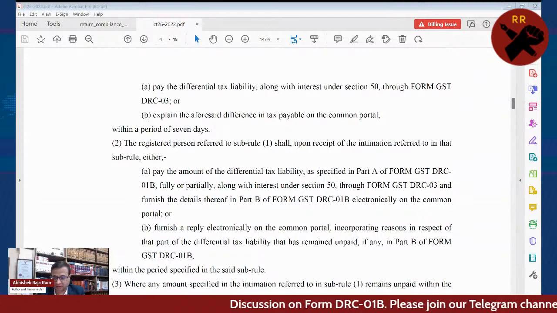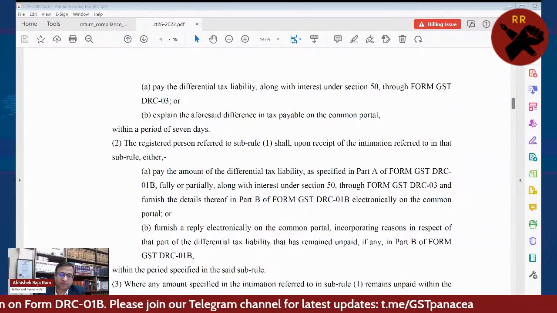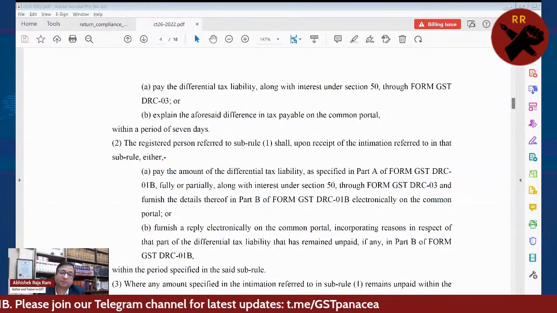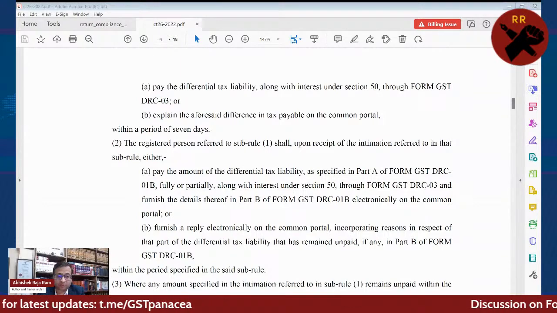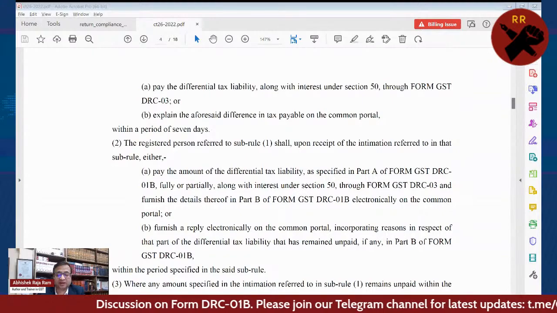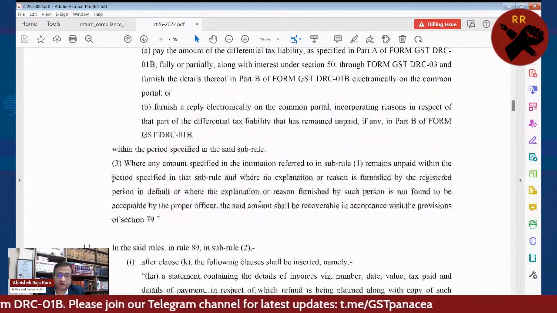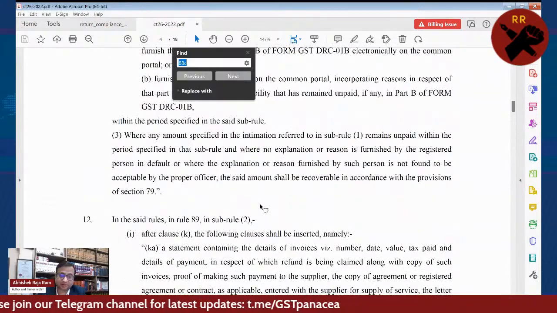Form यहाँ पर मैं भी दिखा रहा हूँ आपको. Your notice will come into Part A of DRC-01B. Reply will be given in Part B of DRC-01B. If you don't comply, or if your explanation is not satisfactory, now department will take action in section 79. जो उन्होंने पहले भी बोला था कि भाई हम recovery section 79 में करेंगे.